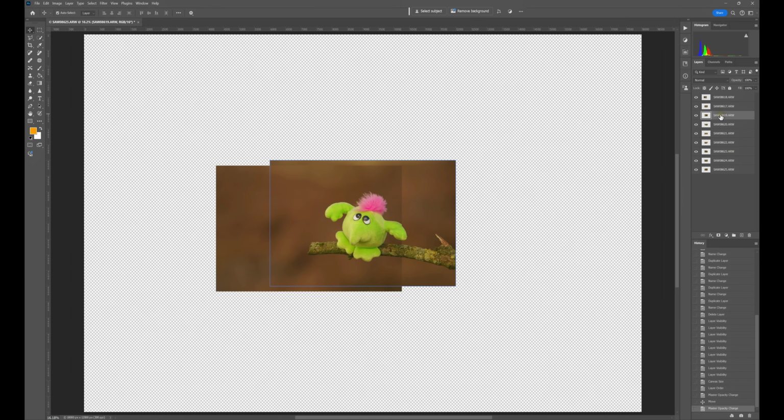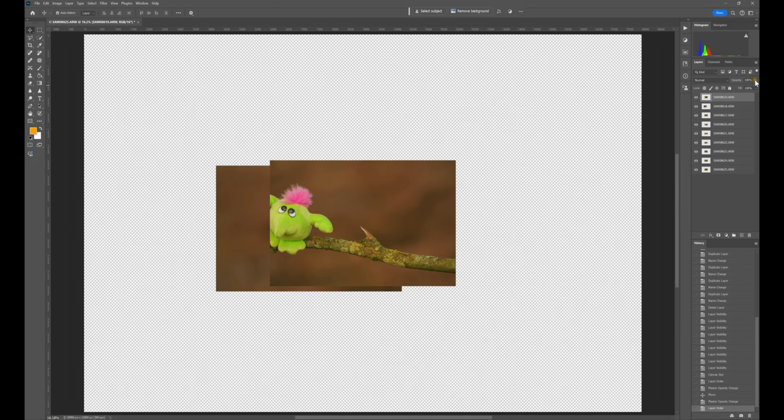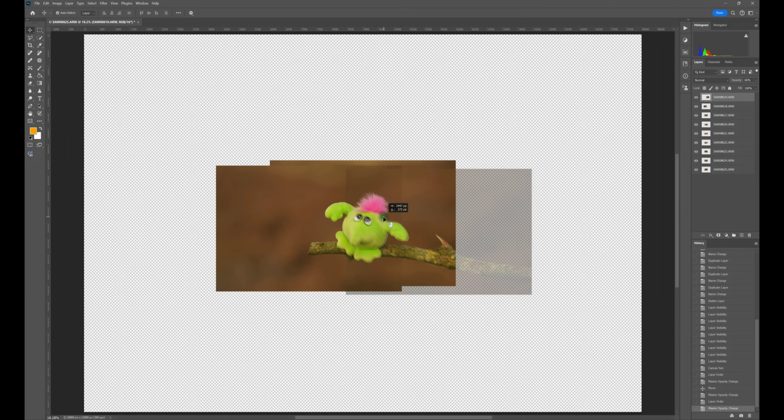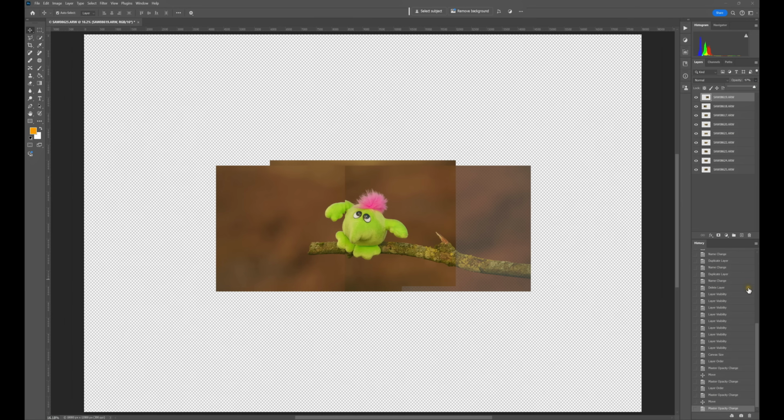Then I'm going to turn the opacity back up. Next, I'm going to take the next one, turn the opacity down again, and figure out where they're going to overlap. And that way, I can line them all up. Now, there is a much easier method to do this, which is automatic. And hopefully the automatic method will work. But sometimes, particularly if your subject has disappeared, it's flown off, something like that, it doesn't always recognize where it